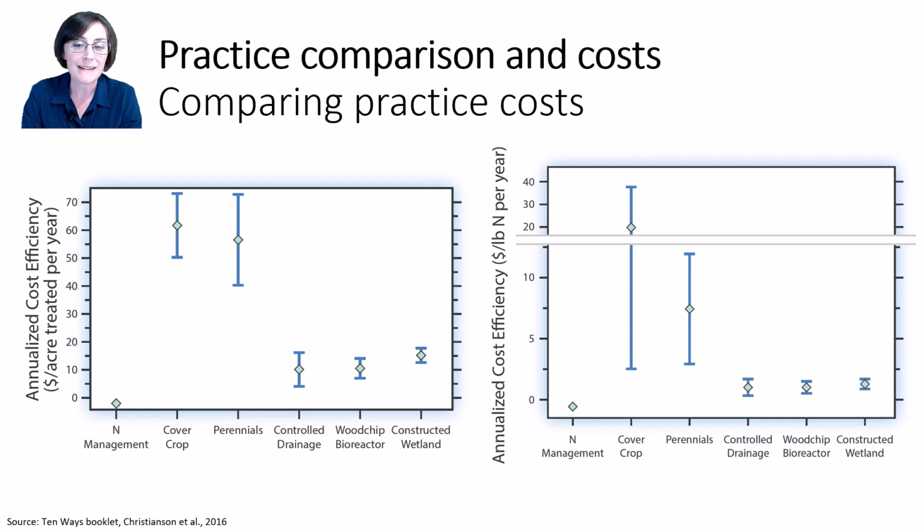My second point is that for drainage water, the constructed edge of field practices tend to be relatively cost efficient because they are specifically designed to address drainage water. On the balance though, a practice like a bioreactor doesn't provide any other additional benefits, which is why I like to consider not just cost and practice performance, but ecosystem services, barriers, trackability, stackability, all of the things we talked about when I compare practices.